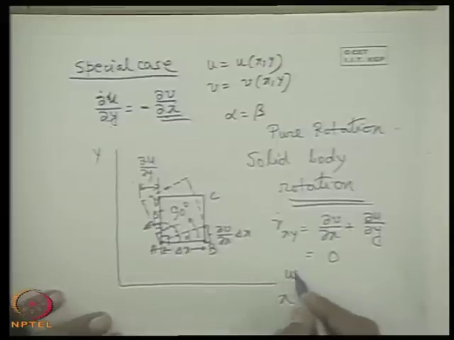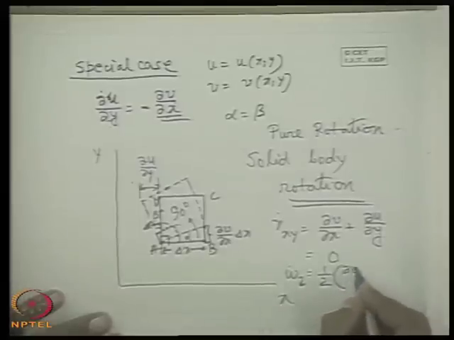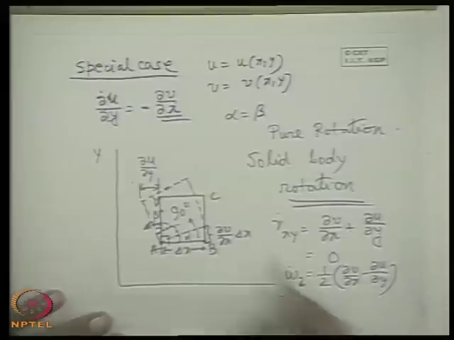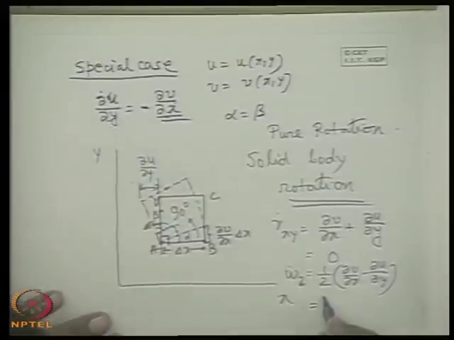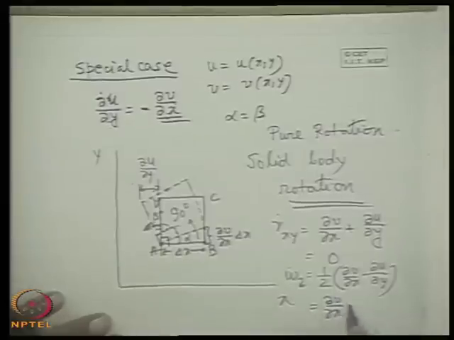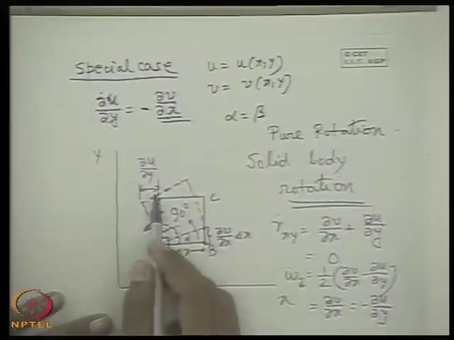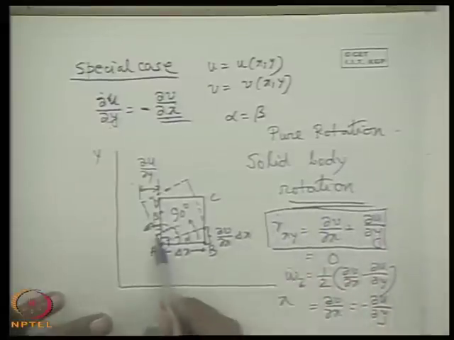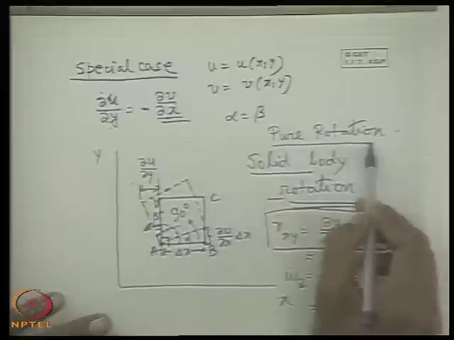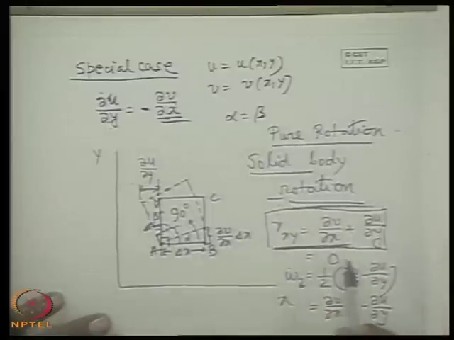And here we find out omega dot z, it is half of del V del x minus del u del y. That is, del V del x is minus del u del y, or del u del y is minus del V del x. That means it is either del V del x or equal to minus del u del y. Obviously, this is just like the solid body rotation where the rate of shear deformation is 0 because there is no change in the included angle. So for a solid body rotation or pure rotation, there is no angular deformation. So this value is 0.